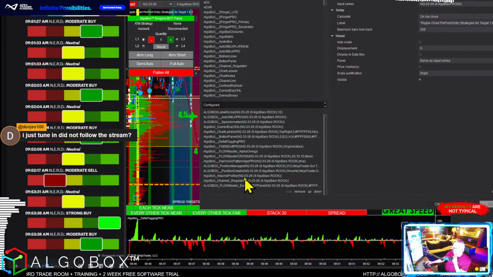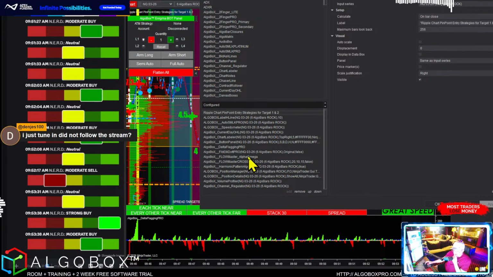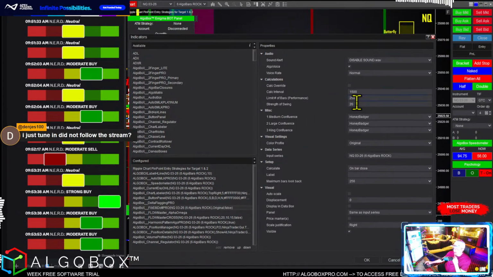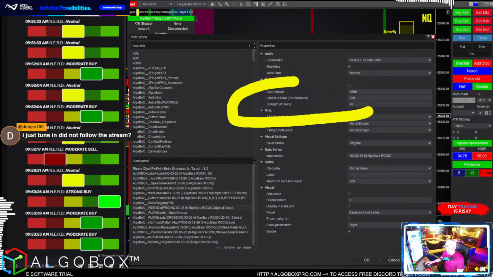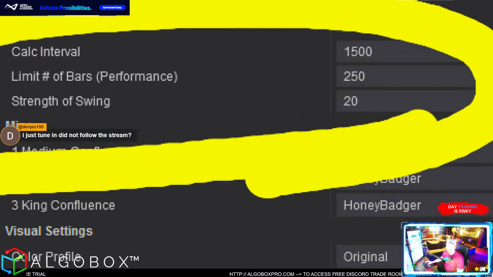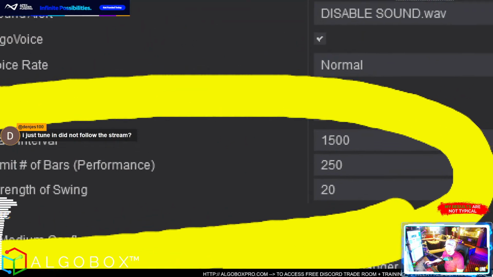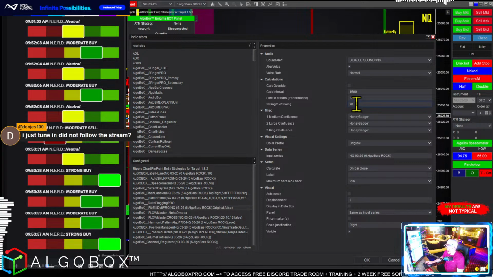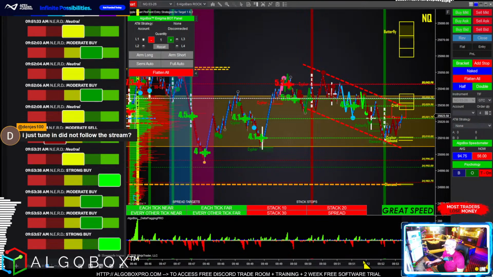Let's see. The dots. We can go Fibella dot. Yeah, I knew it. Okay. See this? I could just feel it. Strength of swing here on the 6s is just too big. Strength of swing needs to be bigger, needs to be heavier. So I'm changing that strength of swing to 35. So if you're wondering why mine don't match yours, or if yours are still 35 from the other day, good on you.